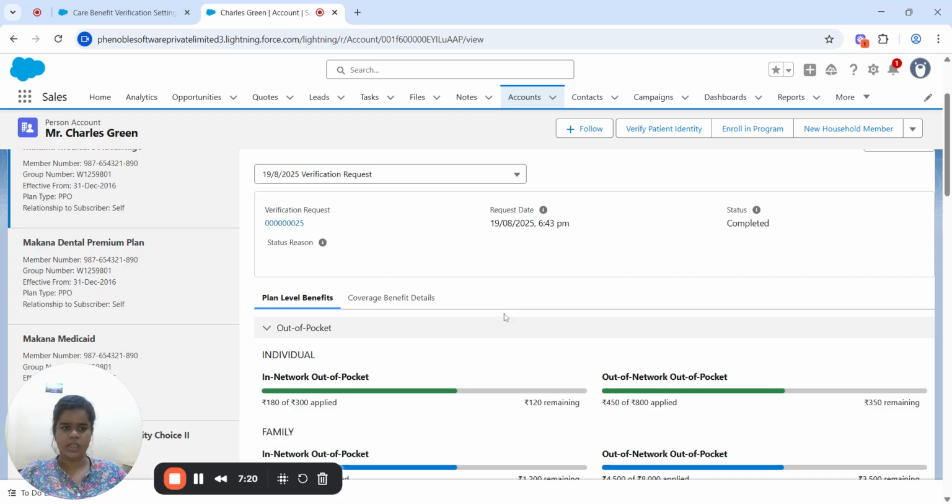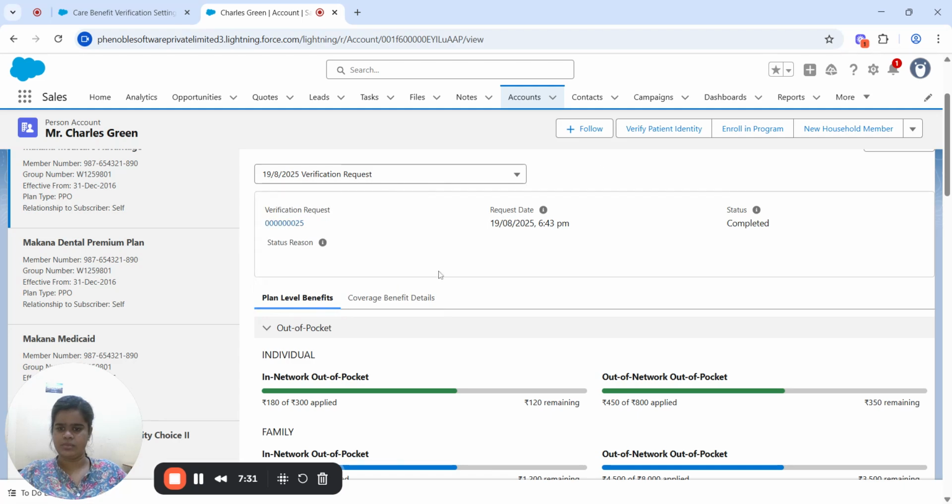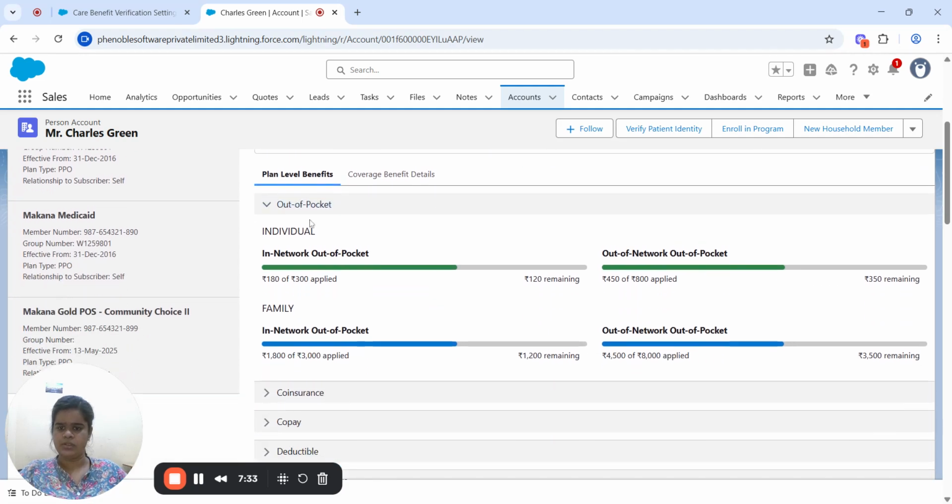Okay, so let's have a look into that. These are the list of the verification requests. This is the plan level benefits for this patient.